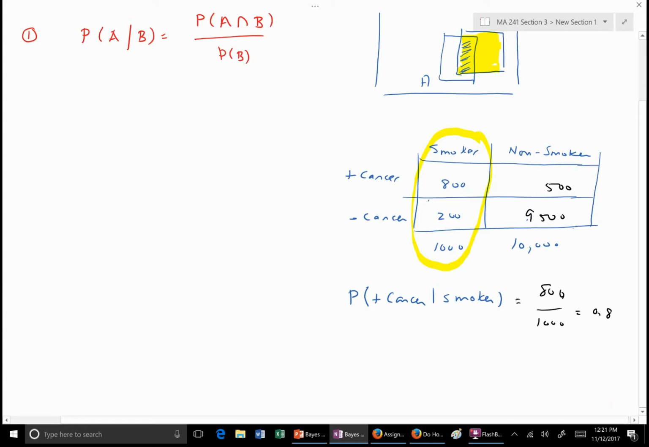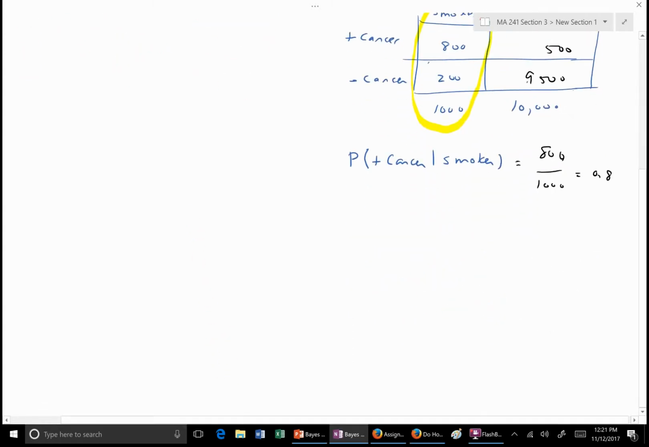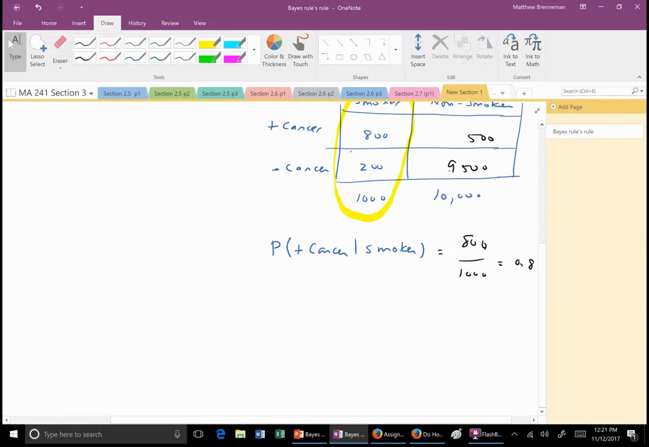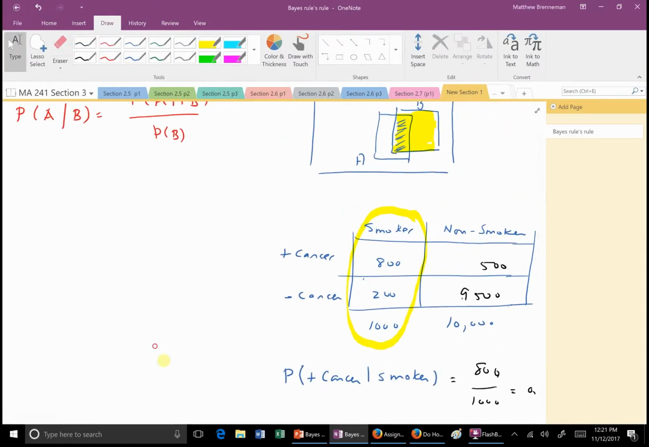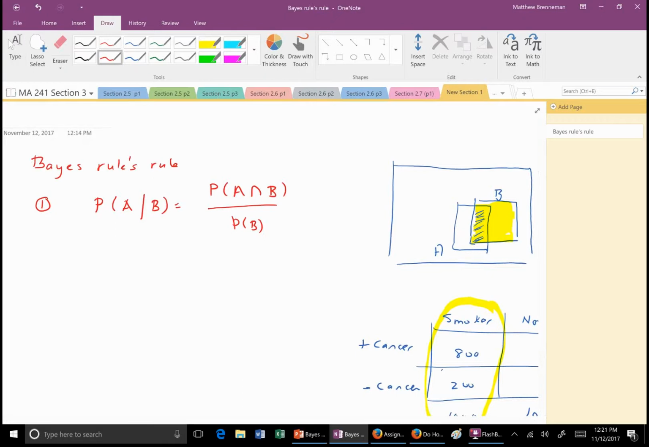The fact that if I know you're a smoker, given that you're a smoker, I can estimate that your probability of getting cancer is a lot larger. So I might have to take that seriously. Okay, so this is what the conditional probability means, and this is how Bayes' law figures into it. One of the things we use Bayes' rule for a lot is computing probabilities of intersections. So an important use for Bayes' rule